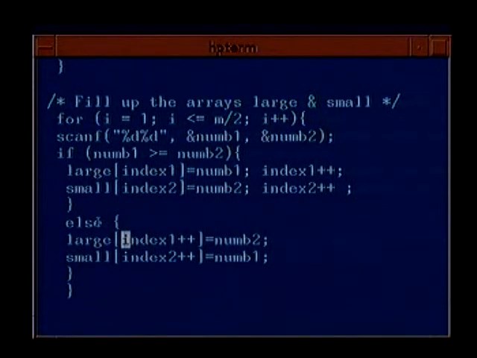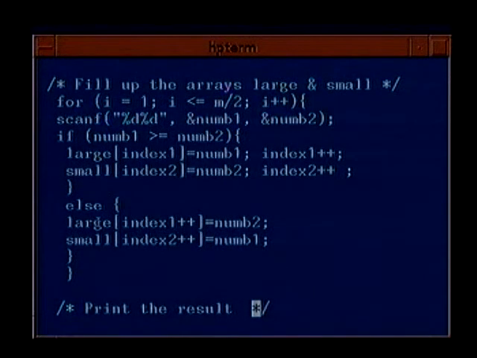You could have, there is another way, plus plus index. We shall come to that. Plus plus index 1 means it will first increment and return the value. Therefore, if we had written plus plus index 1, we would have first incremented and put it in the value at the next index. But what this means here is that we will first put at index 1 and then increment. You can have a look at your books to see the difference between index 1 plus plus and plus plus index 1. But the main idea is that if num1 is greater than num2, we put the larger in the set large and the smaller in the set small.